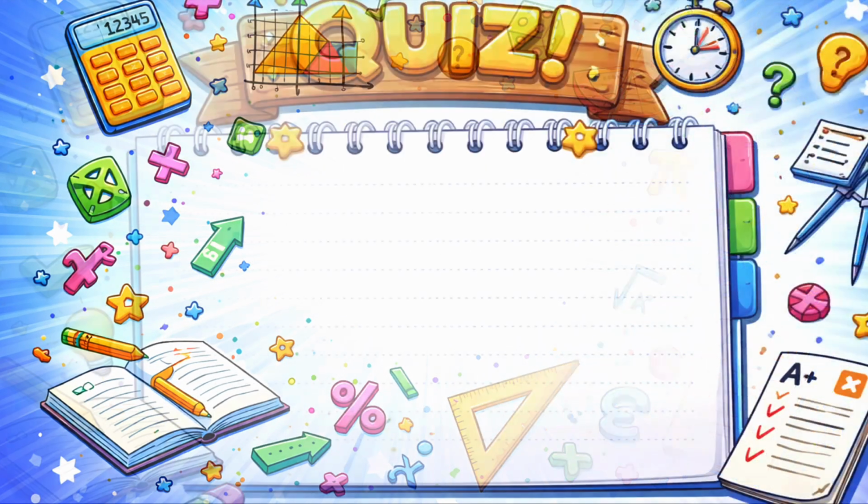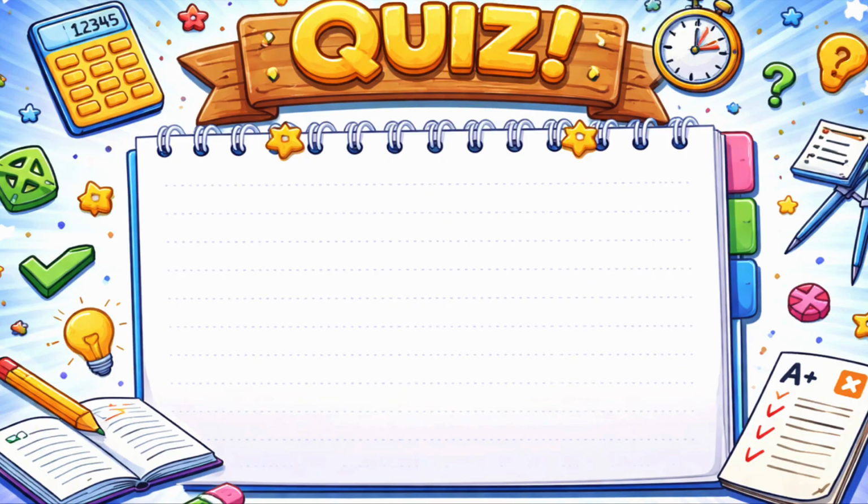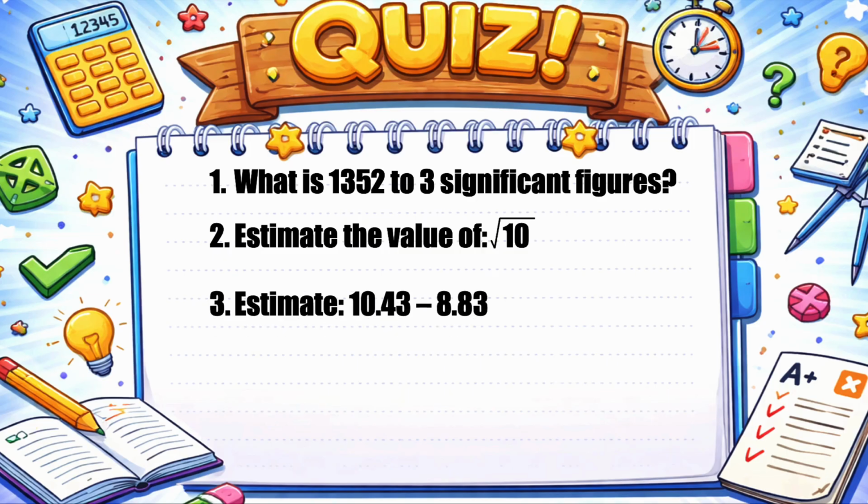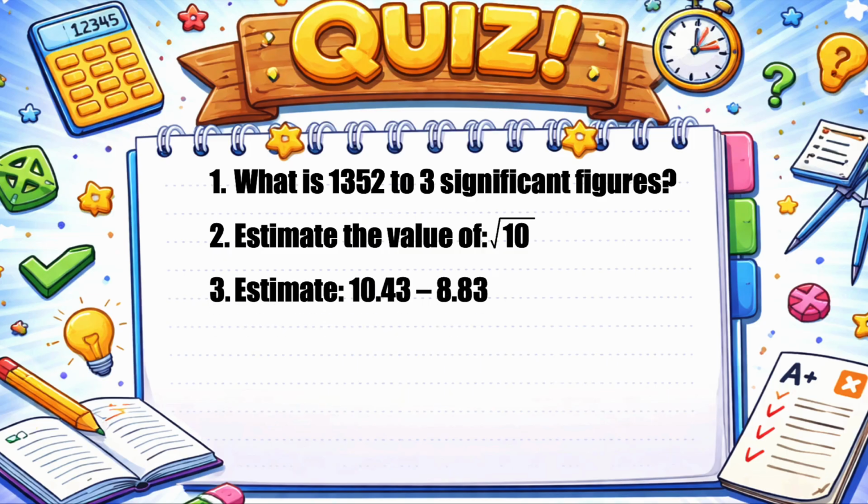Now let's do a quick quiz to see if you got it. The last 2 questions will be a bit more challenging. So first, what is 1,352 to 3 significant figures? Estimate the value of root 10. Estimate 10.43 take away 8.83. More difficult,